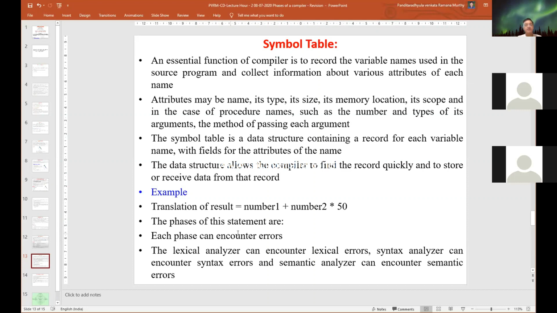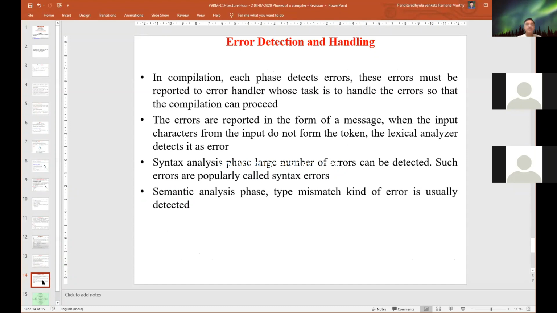Each phase can encounter errors. The lexical analyzer can encounter lexical errors. The syntax analyzer can encounter syntax errors. The semantic analyzer can encounter semantic errors. In the error detection and handling phase, in compilation, each phase detects errors. These errors must be reported to the error handler, whose task is to handle the errors so that compilation can proceed.